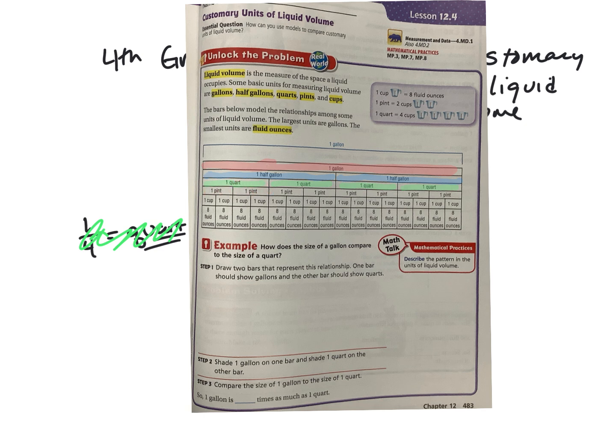So everything just keeps cutting in half as we go down the line until we get to the smallest one. So a pint is 1, 2, 3, 4, 5, 6, 7, 8. 8 of them to make up a full gallon. I would need 8 pints to make a gallon. And then it takes 2 cups to make a pint. A cup is 1, 2, 3, up to 16 cups